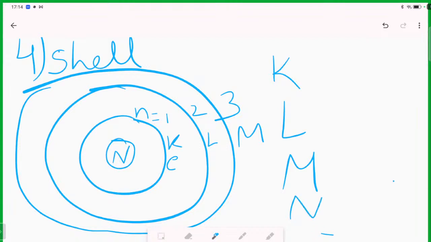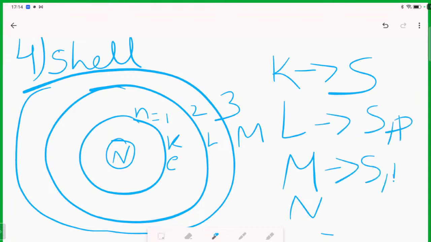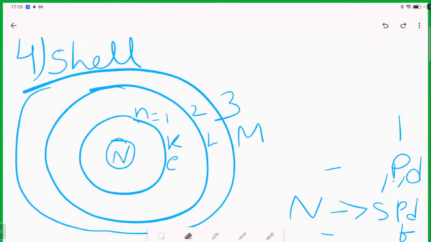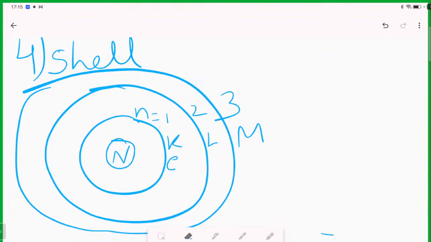इसके बाद अपने पास होते हैं सब शेल्स. एंड व्हाट आर दीस सब शेल्स नाउ? सब शेल्स इज नथिंग बट k के पास होते हैं s सब शेल होता है, k के पास. l के पास होता है s और p सब शेल. m के पास होता है s, p और d सब शेल. सिमिलरली अब बेसिक अपन बोल सकते हैं कि n के पास होता है s, p, d, f सब शेल, राइट? इस हिसाब से सब शेल्स आर नथिंग बट शेल के पास. फॉर एग्जांपल अगर मैं बोलूं कि k, देन यू विल डेफिनेटली रिमेम्बर s सब शेल होता है उसके पास. l के पास होता है s और p सब शेल. और हम जब रिप्रेजेंट करते हैं,